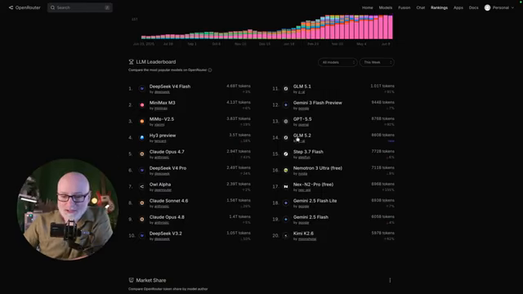We can also see that GLM 5.2, because it's new, is already number 14. My bet is that in the next few days and weeks, we will see it in the top 3. I'm pretty sure it's going to get high up there. You can also see DeepSeek version 4 Flash versus the Pro, because this leaderboard is based on the number of tokens being used, from my understanding.